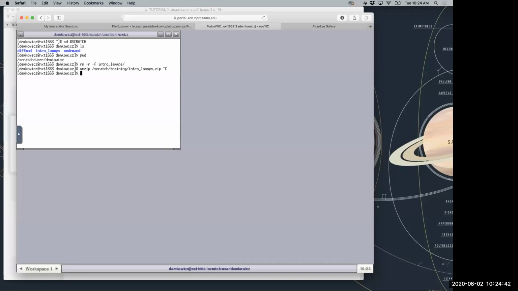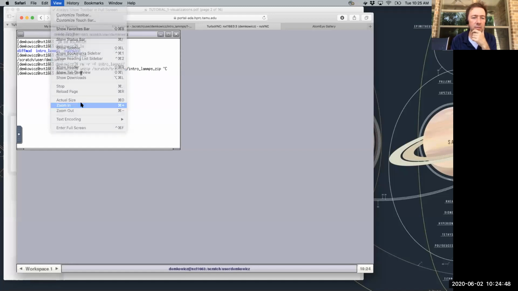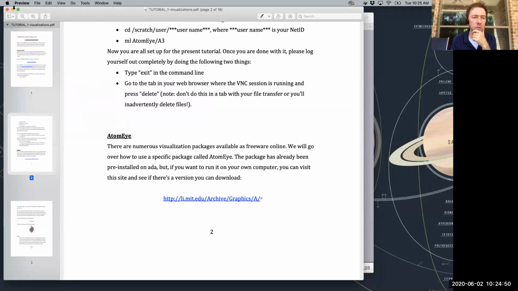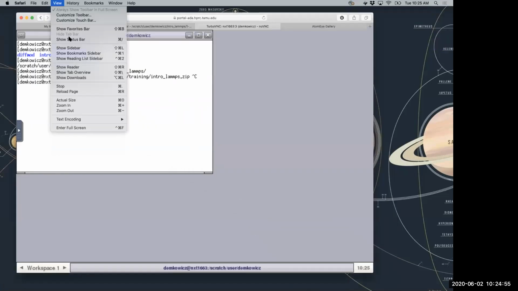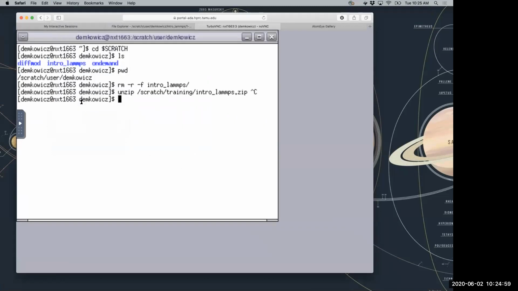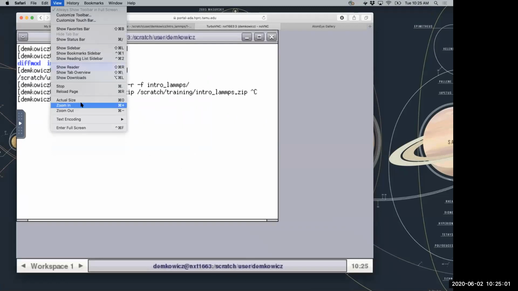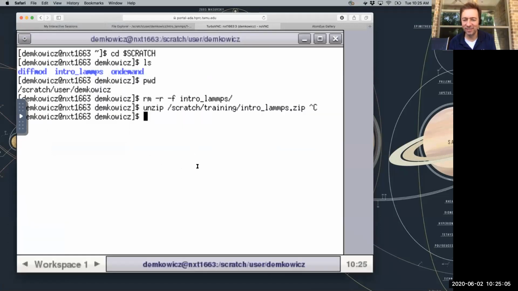Many people are having trouble seeing the size of the text, so if you could zoom in. Zoom in some more. Okay, I think that's the maximum.